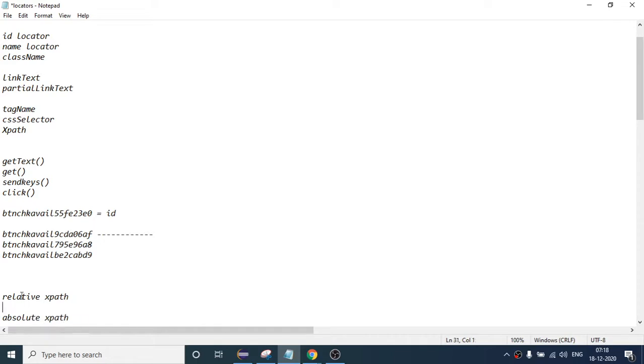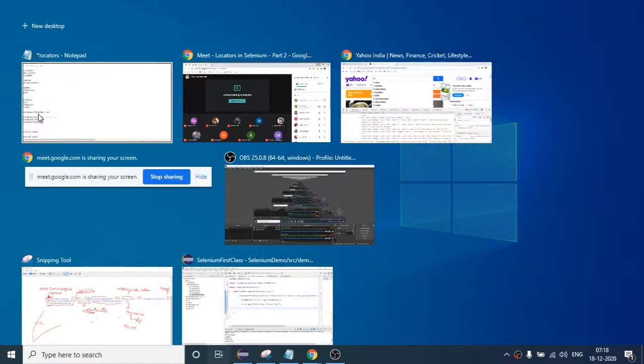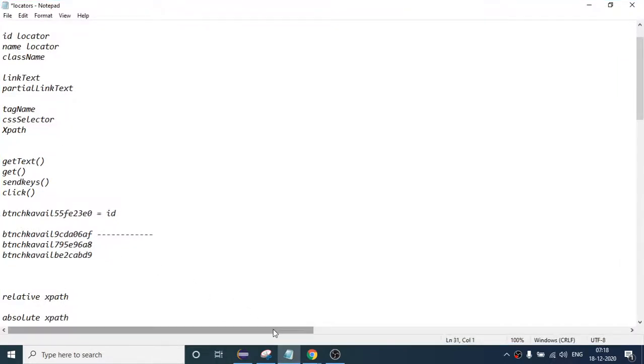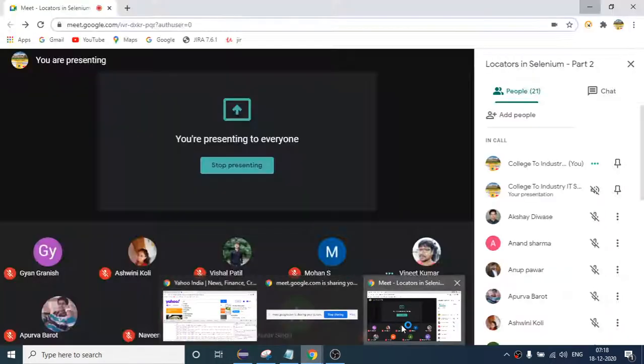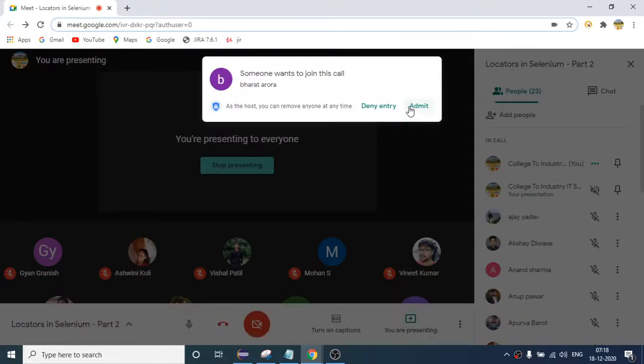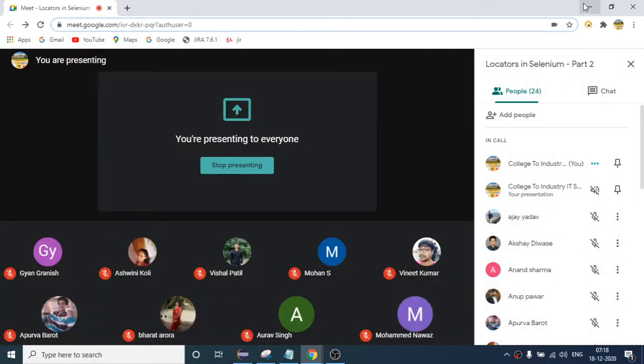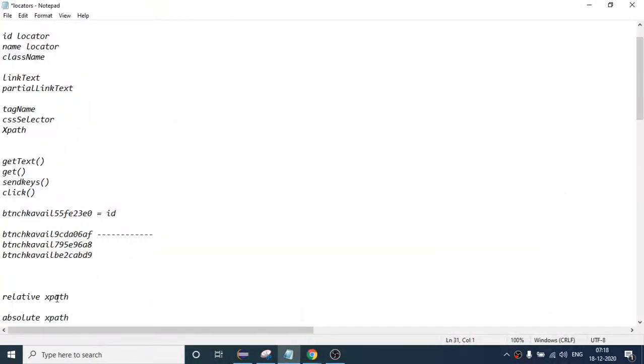We will come to the difference later, but let us first understand the syntax of writing relative XPath and absolute XPath. The syntax is double slash, tag name, at the rate attribute, equals, and in single quotation you write the value of the attribute. So this is the syntax.